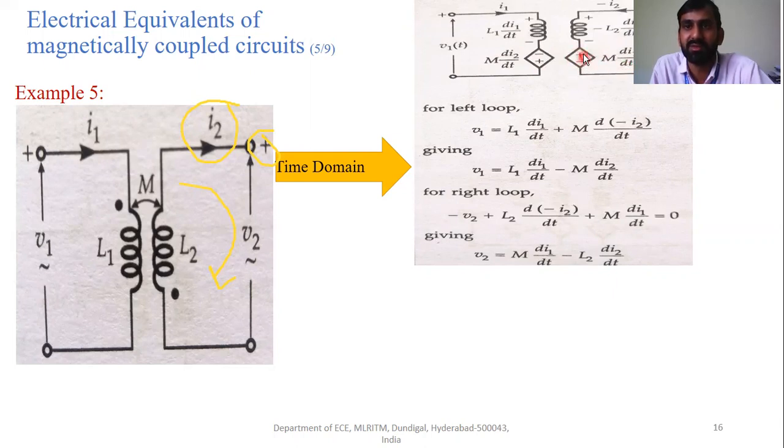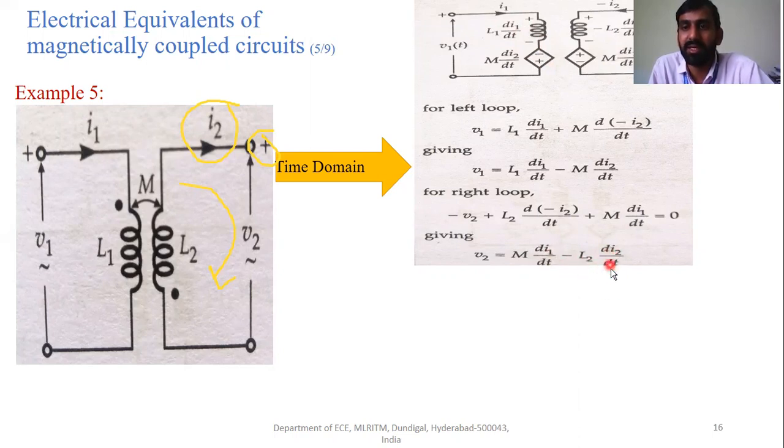That's why the controlled voltage source is indicated plus minus. Because I1 is positive, the M term is positive with respect to the second loop. Because in the second loop, the mutual inductance term, we consider with respect to the other coil. What is the other coil? The first coil. What is the current flowing through the first coil? Current I1. So here M dI1 by dt minus